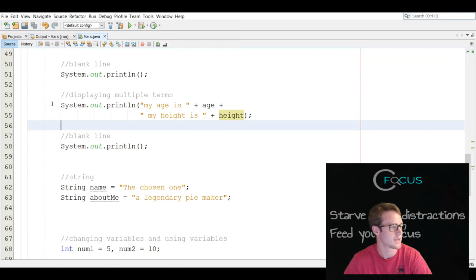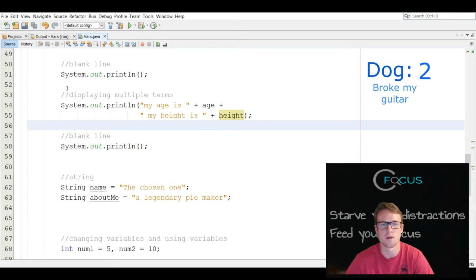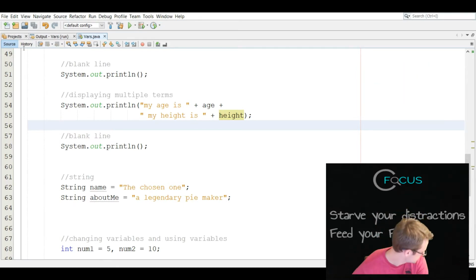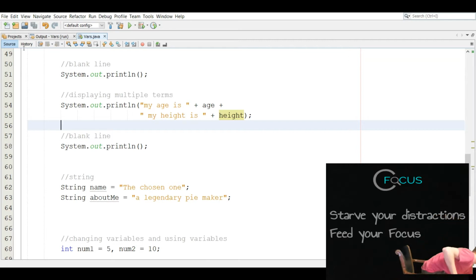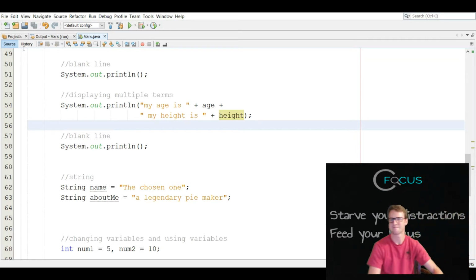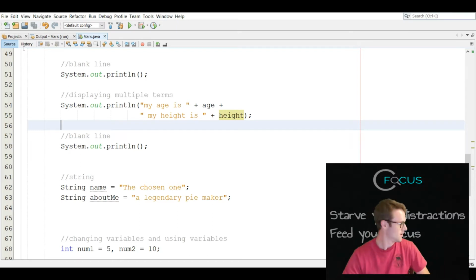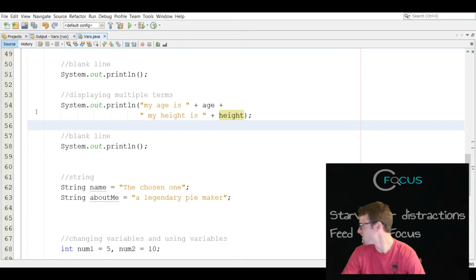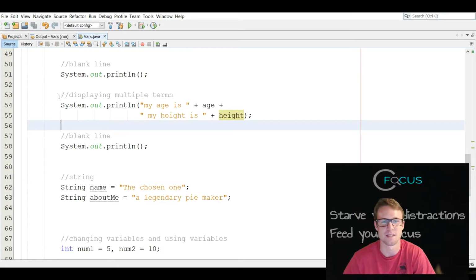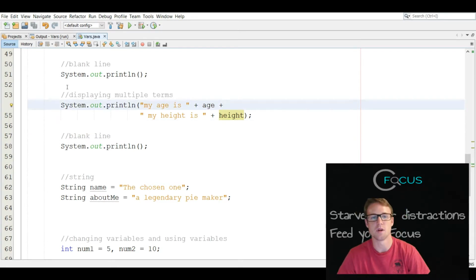When using concatenation, we all dumb dog. When using concatenation, we want to use the plus sign operator, and when you go to the next